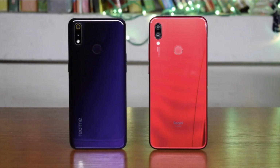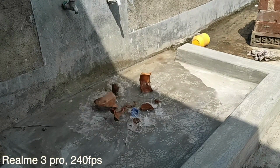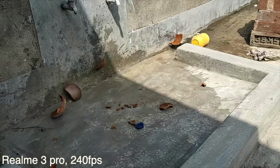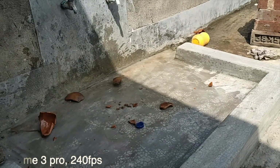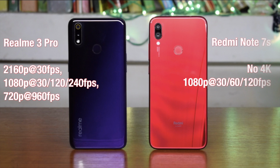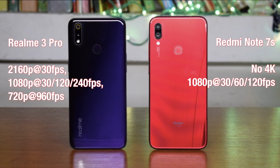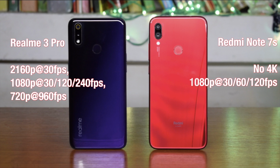Also, Realme has lots of video formats for recording, like even the 960fps slow-mo recording and recently added 240fps 1080p slow-mo recording, which is not a gimmick by the way. On the other hand, Redmi 7s supports basic 120fps 1080p slow-mo recording and also does not support 4K video